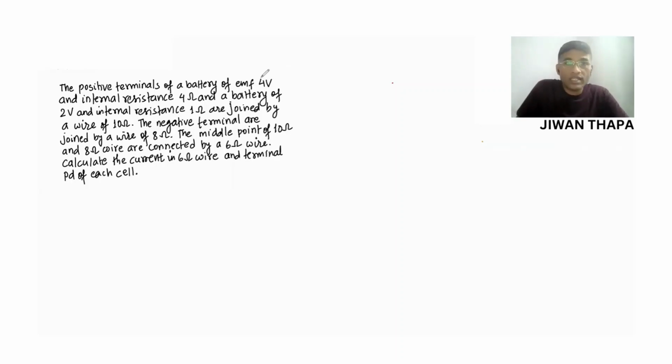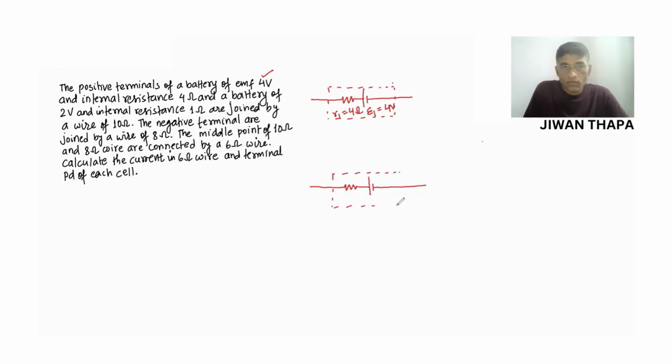So let us draw the circuit diagram of this question. So we have two cells. E1 is 4 volt, R1 is 4 ohm. We have R2, 1 ohm,